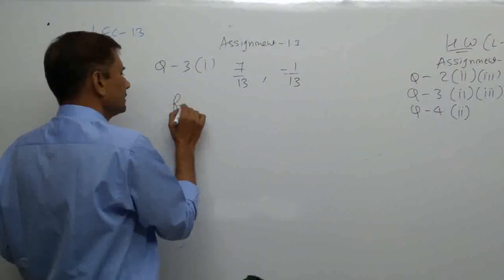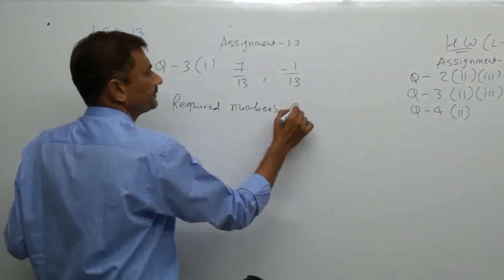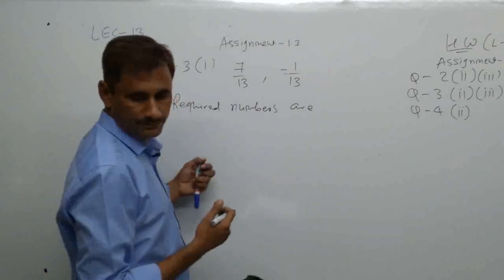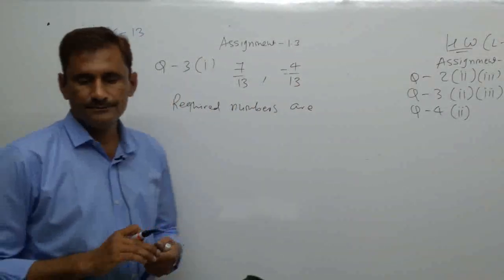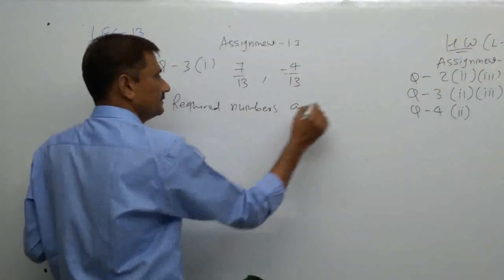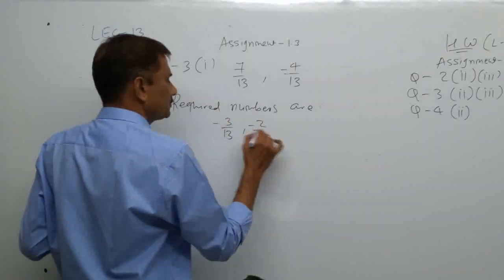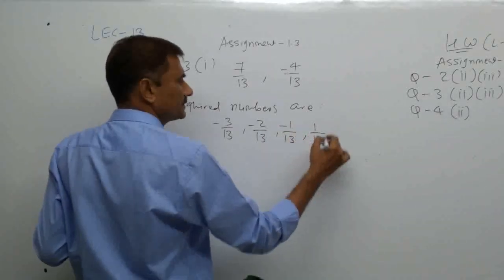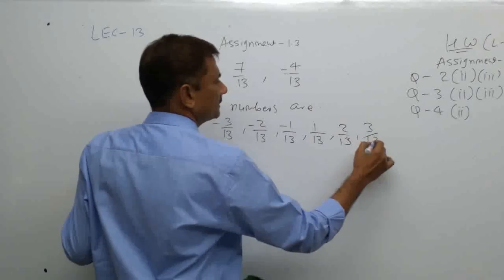Okay, so write down the required numbers. Enough gap is there, gap is enough here. Sorry, minus 4 here. Then also so many numbers are there. So look here, minus 3, minus 2, minus 1, that way. How many? 6. So obviously minus 3 by 13, minus 2 by 13, minus 1 by 13. You can write 0, but I am not taking 0 here, because in p by q form I want to write 1, 2, 3, 4, 5, 6.